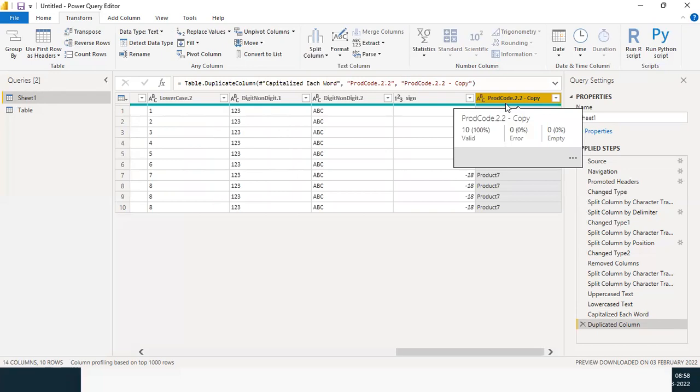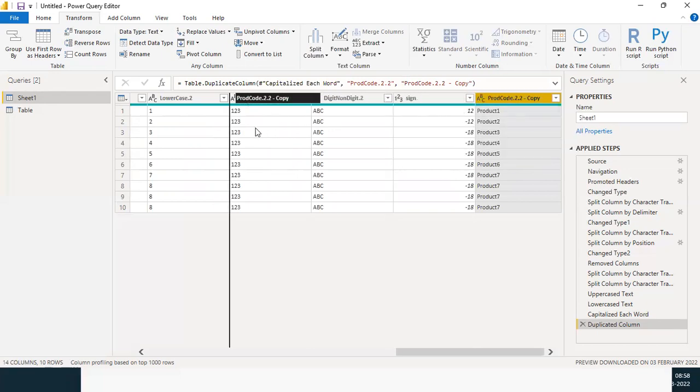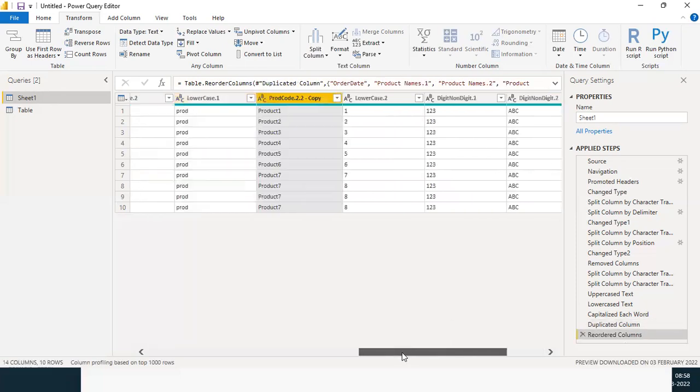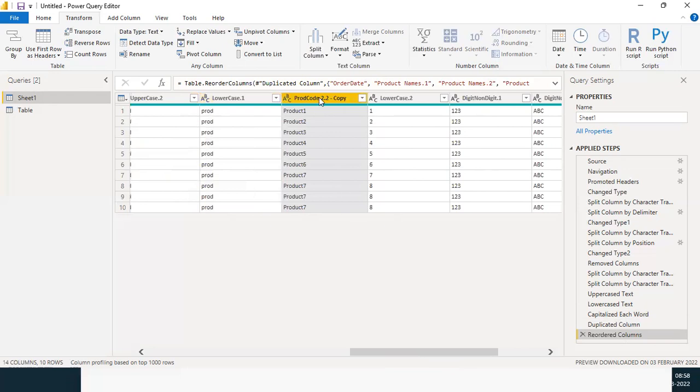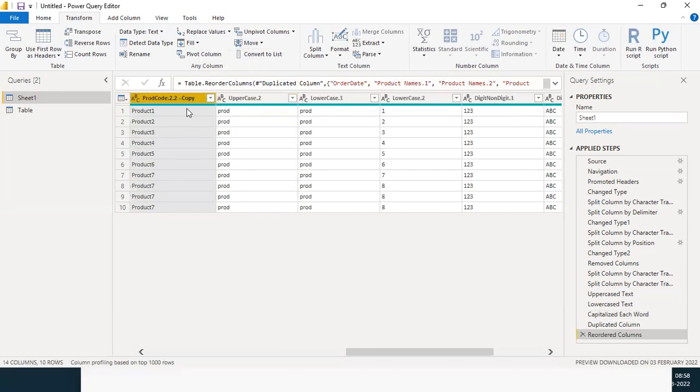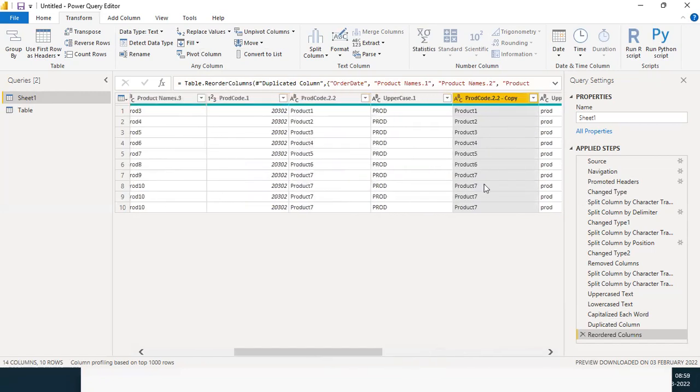So it will always be added to the last. So you can always change the order. మీరు ఇలా డ్రాగ్ చేసుకుని, you can always choose మీకు ఏ పొజిషన్ లో కావాలంటే ఆ పొజిషన్ లో ప్లేస్ చేసుకోవచ్చు. సో మీకు ఇది కొంచెం ప్రాబ్లమ్ గా ఉంది అనుకుంటే, there is an option to move left and right, to the beginning, to the end. Okay, so there is an option where if you want to move left, you can always go with the left, ఇలా ప్లేస్ చేసుకోవచ్చు. క్విక్ గా మీరు మూవ్ చేసుకోవాలి అనుకుంటే, you can always move it quickly by dragging here and ఇలాగా మీరు డ్రాగ్ చేసుకొని